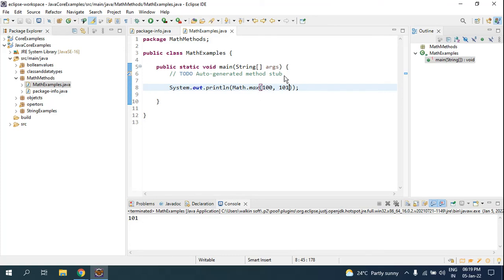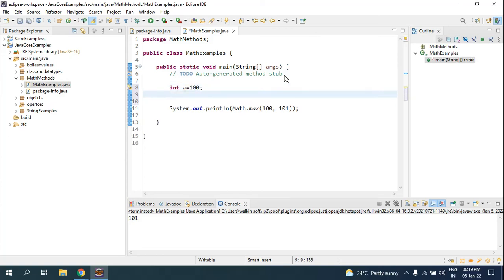Look, now with the int data type, I'll give int a is equal to 100, and I'll use the float data type, float b is equal to 100.83f. So this is the standard of declaring a data type and assigning a variable. You have to mention f for the float because it gives the decimal point.